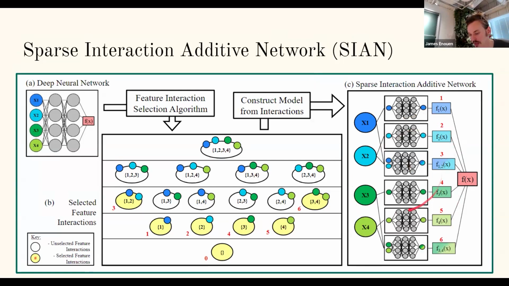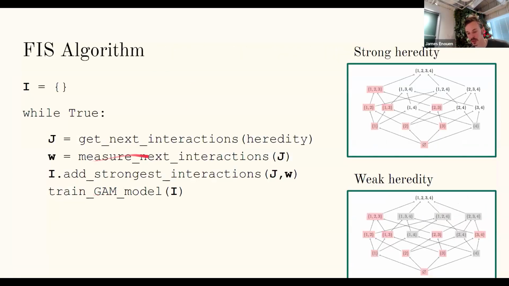So on the far right, we have this generalized additive model, which is obeying this particular power set. So 1, 2, 1 and 2, 3, 4, 3 and 4. And so that's the GAM structure, the feature interaction structure that it's obeying. And then in the work, we just figure out how to train a neural network in this fashion by creating the architecture in a specific way. And then this interaction selection algorithm, I've already detailed some of what we do, but the key thing I left out is how are we actually going to measure this heuristic of whether it's important or not.